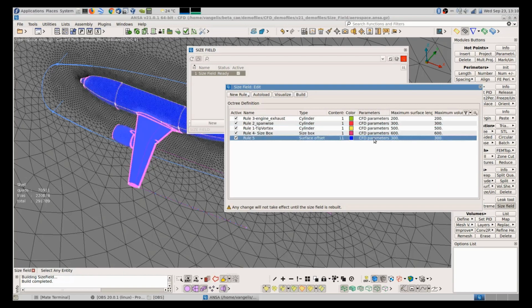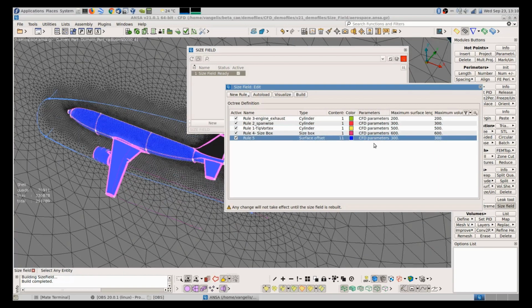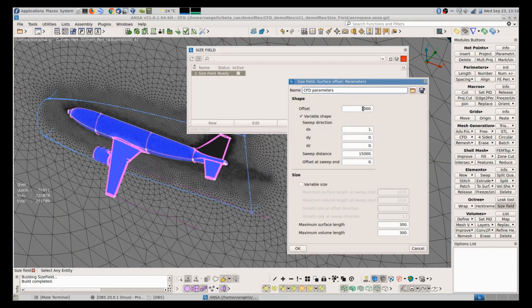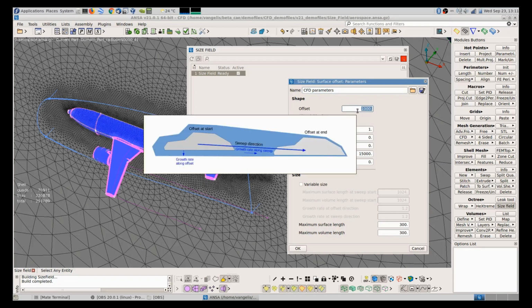Let's see the surface offset, which is an offset from this plane. We have an offset value from these PIDs. In addition to specifying an offset, we can also specify a translation vector, which means we can take the original PIDs, offset them by a specific distance, and then sweep along a translation vector.